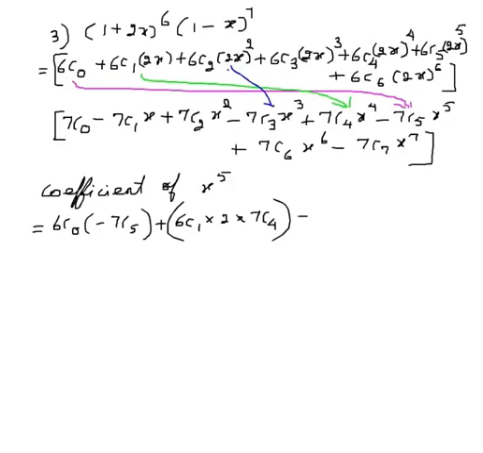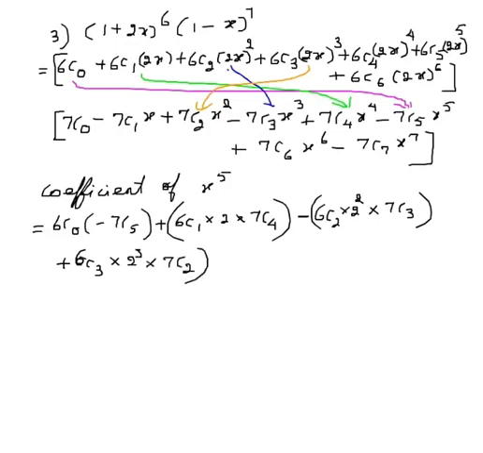The coefficient will be negative because we have negative sign in the second term. 6c2 times 2 square and minus I have written here 7c3, and then product of x cubed term and x squared term will give us x power 5 term. The coefficient will be plus 6c3 2 cube times 7c2,